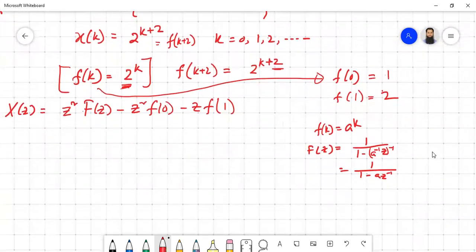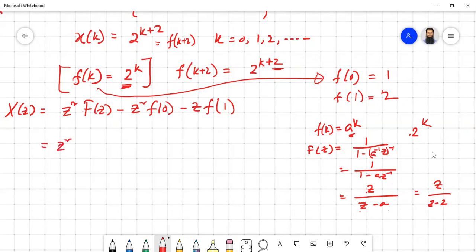Or another way to represent this one is, if you just multiply with z in the numerator and the denominator, z by z minus a. So z by z minus a, and in our case a is basically 2, so 2 to the power k. So what we are going to get from here, in our particular case, is z divided by z minus 2. So just apply those z square from the formula, then z by z minus 2, then z square from the formula, then f0 we calculated is 1, and z, then f1 is calculated as 2. So simply z cube by z minus 2